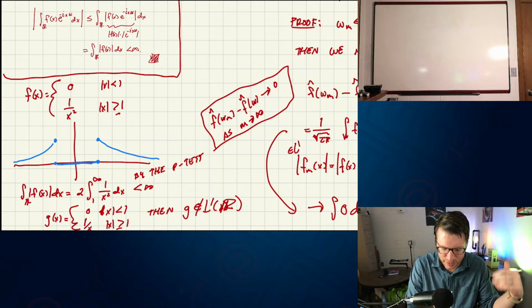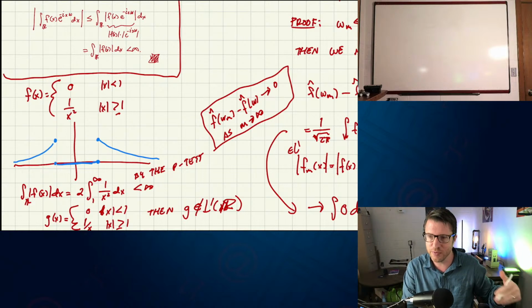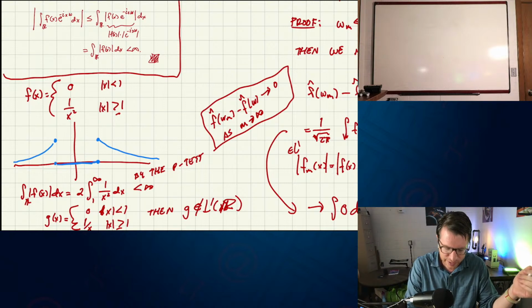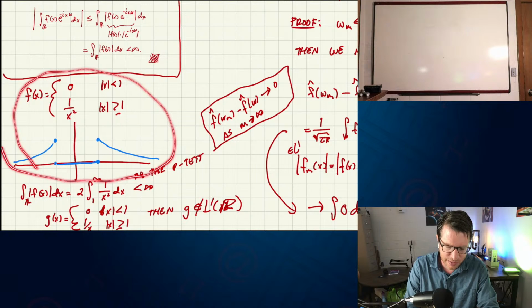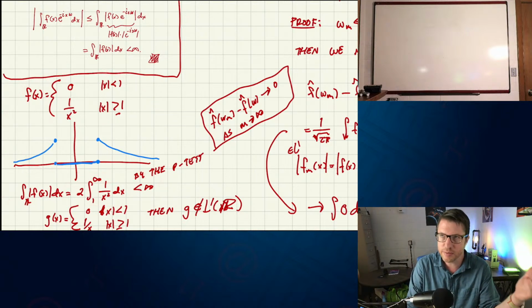Or rather, I guess you can think of it as just the logarithm. As we go off to infinity, we're basically getting log of x in the integral, and then as x goes to infinity, the logarithm goes to infinity. So that's what an L1 function is. An L1 function is a function that is more or less integrable, even in the sense of what you would see in, say, calculus 2.